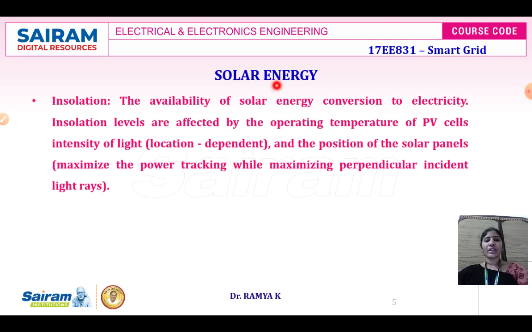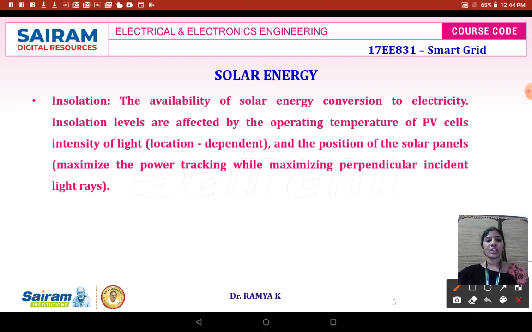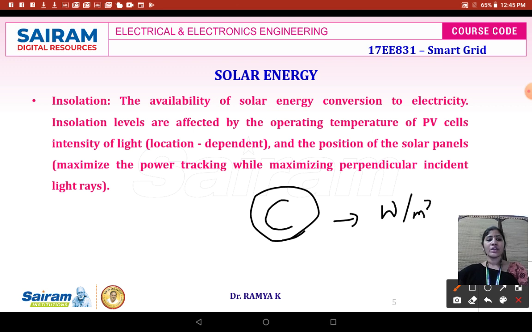When you are going to model the solar energy, you will be modeling it with respect to your insolation. Insolation is represented by the letter G, which gives the value in terms of watts per meter square. Insolation means that if the temperature is high, it is not that we can generate an enormous amount of power. The intensity of the light has to be more to generate an enormous amount of power. So temperature as well as intensity is important. And the amount of radiation falling onto the solar panel per meter square is important to model the solar energy for the generation of electrical power.